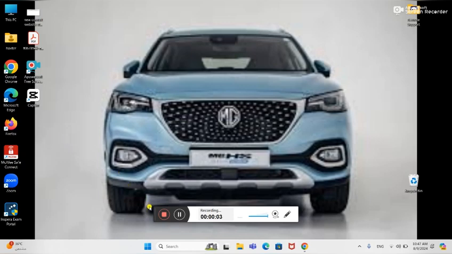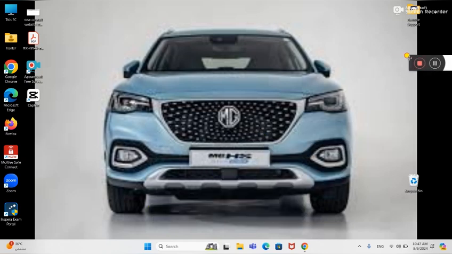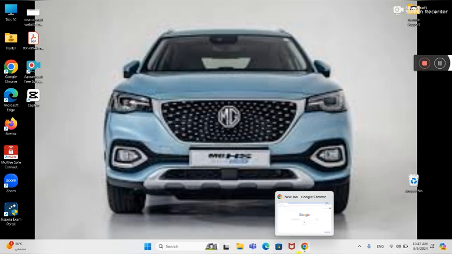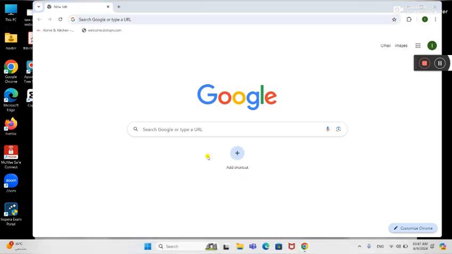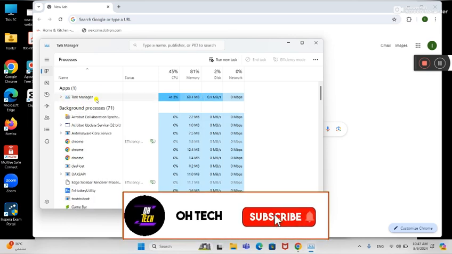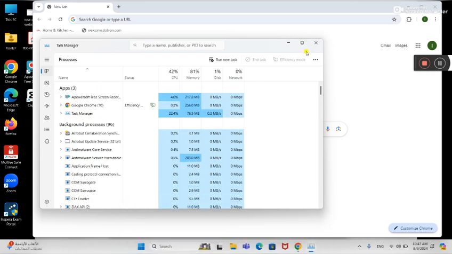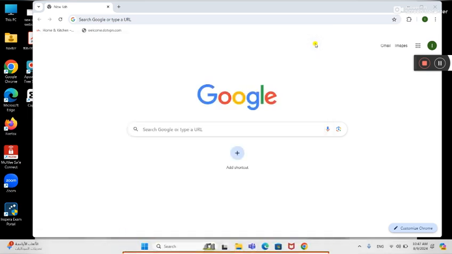Today I will be showing you an amazing trick to close your application when it hangs. Normally when the application freezes, we close it with the end task, and it's a pretty long step. For instance, my Chrome has hung and there is no way to close it, so we right click, open Task Manager, and close the application from the Task Manager. So this is a long step, and I will be showing you a very effective and efficient way to close